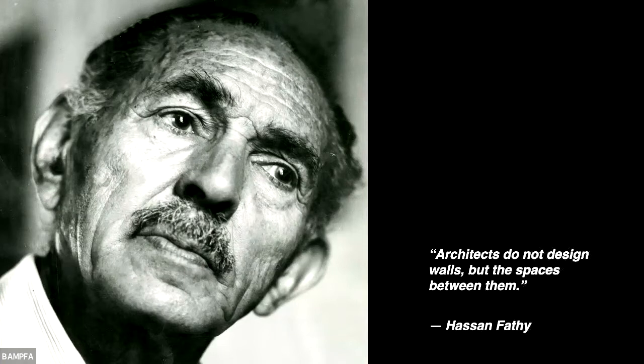And one of the architects who was very famous for building with earth was an Egyptian architect named Hassan Fathy. And it became kind of the premise of the book Border Walls Architecture, that architects do not design walls, but the spaces between them. And so I thought it very important to understand that within that book, I am not designing walls, nor should architects design walls, but we should be very careful about the spaces that walls